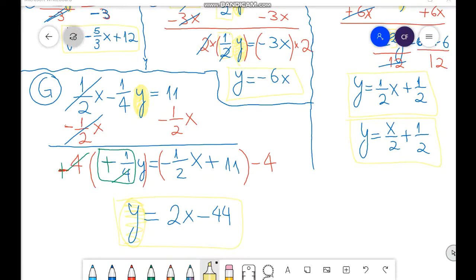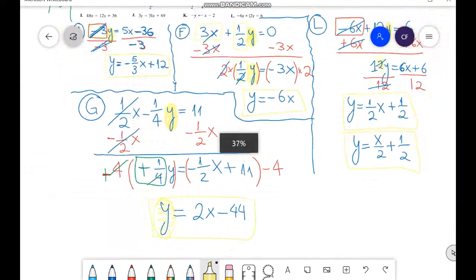So this is G. Now we have here on the screen